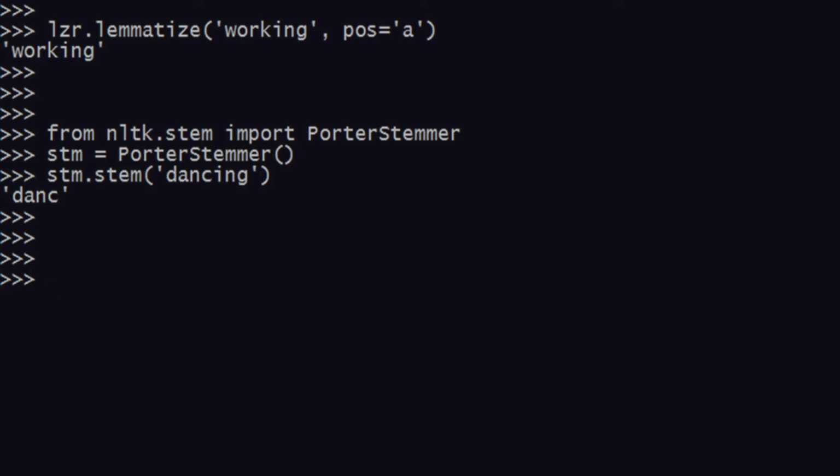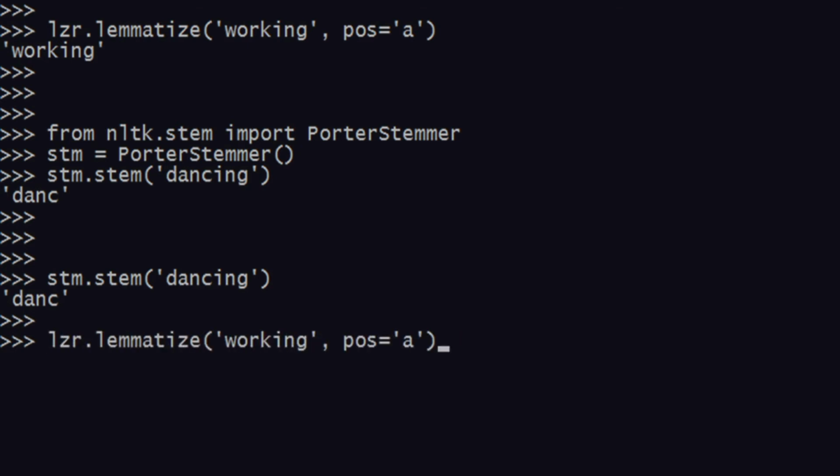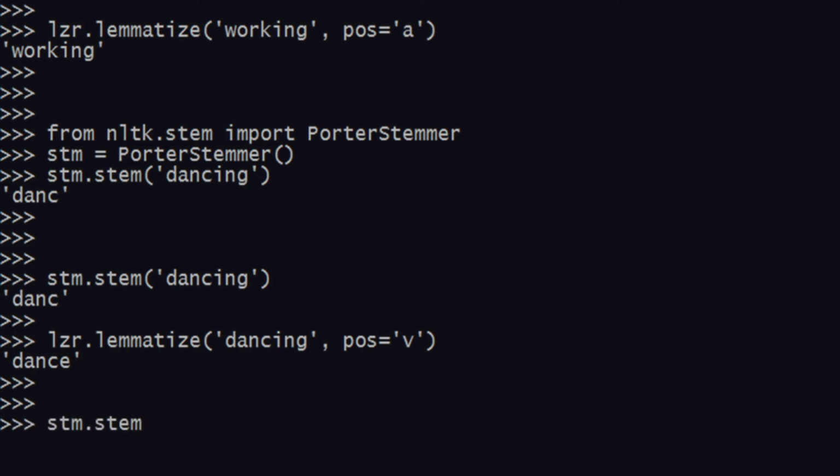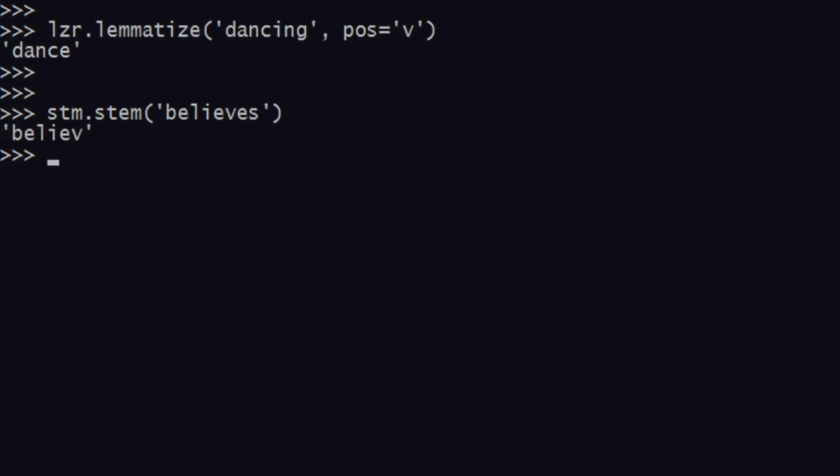So this is where we get different results. Stemming of dancing gives us danc, while if I give lemmatize of dancing with a part of speech as the verb, if I pass that as an argument, I get dance. So after this, I'll show you one more small difference. If I have a word called believes, the stem will give me believe, while if I do the lemmatization, what I'll be getting is